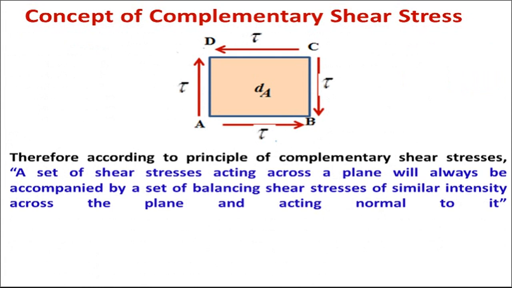So here we can conclude that according to the principle of complementary shear stresses, a set of shear stresses acting across the plane will always be accompanied by a set of balancing shear stresses of similar intensity across the plane and acting normal to it. In short, shear stresses are complementary, meaning these values are equal and opposite, same magnitude, opposite in direction. Similarly, this tau and this tau are the same magnitude, opposite in direction, and these shear stresses will